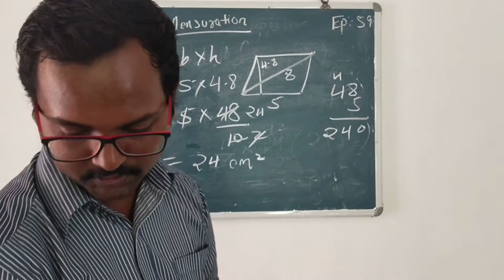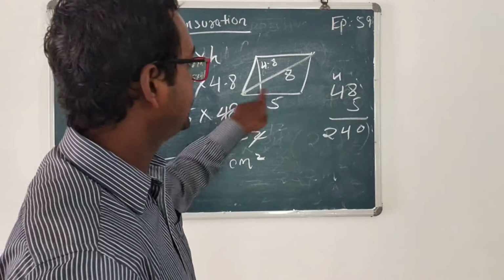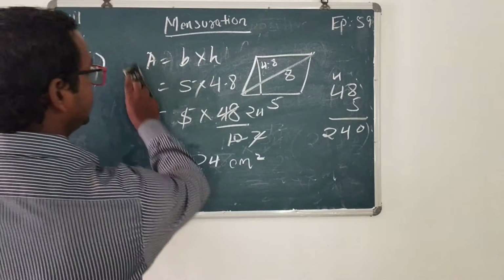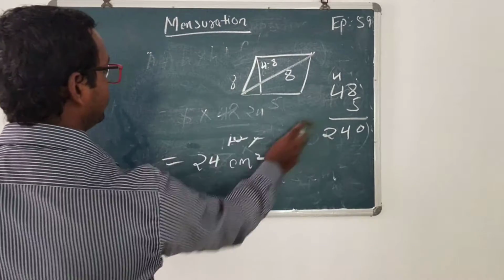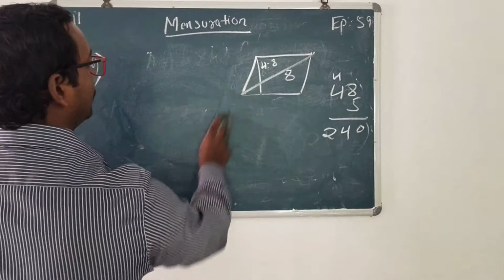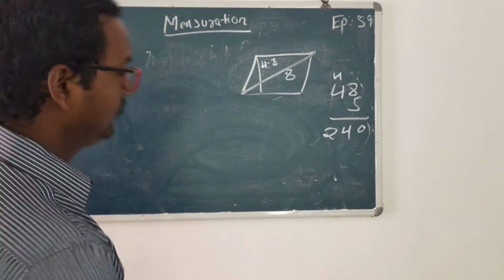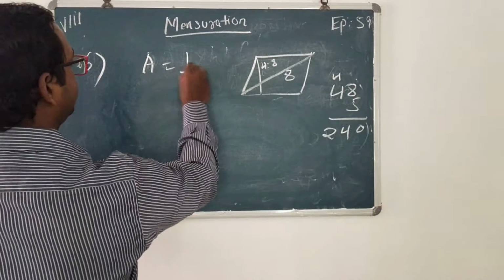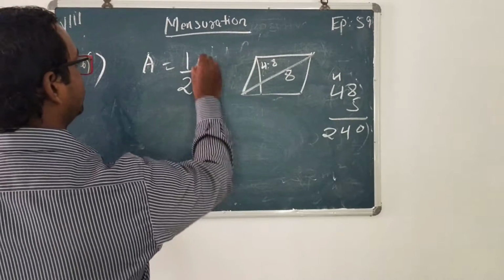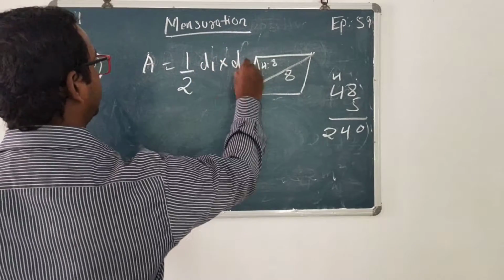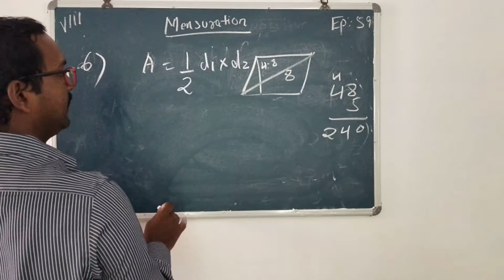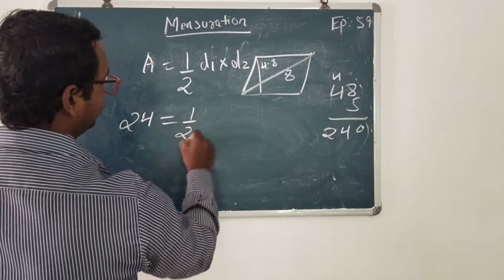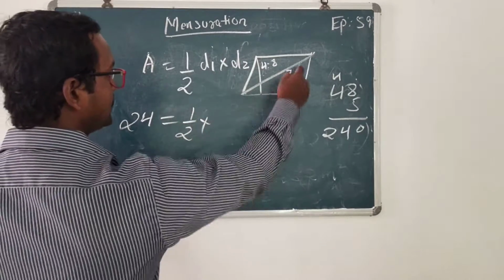Now they have asked in the question, if one of its diagonals is 8, find the other diagonal. What is the length of the other diagonal? So what I am going to do is, we know area of rhombus has two formulas. The second one is half d1 into d2. So in this formula we are going to apply. We already got the area which is 24 is equal to half. How much is d1? Diagonal 1 is 8.